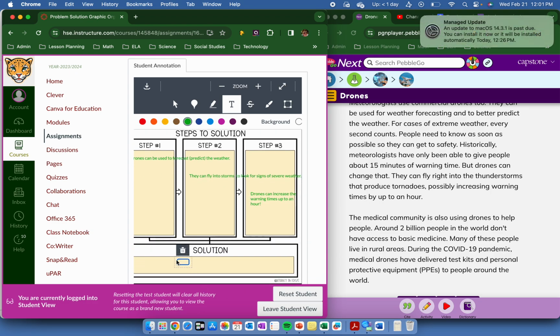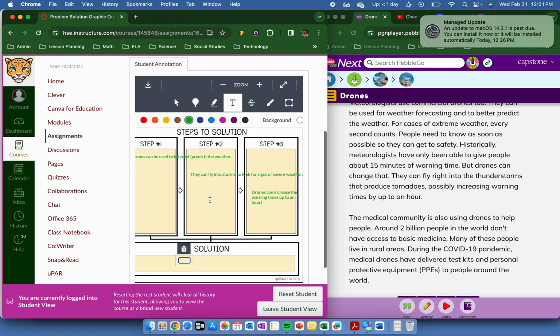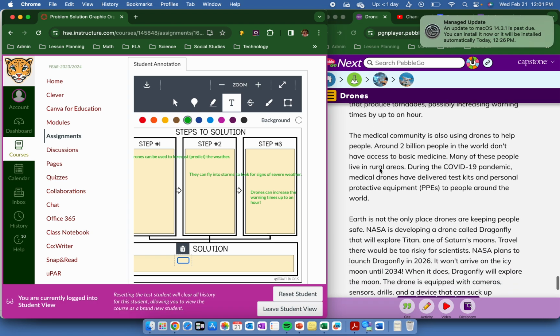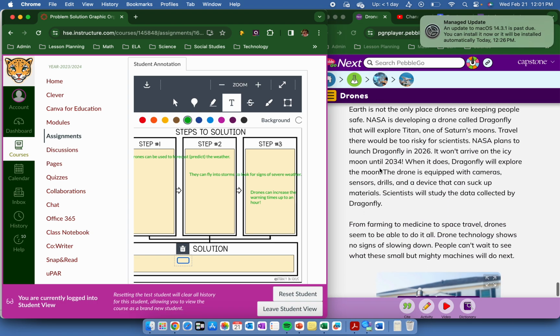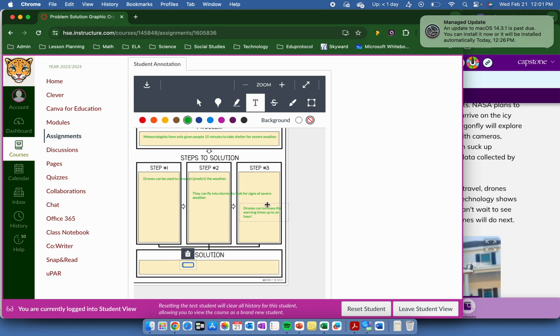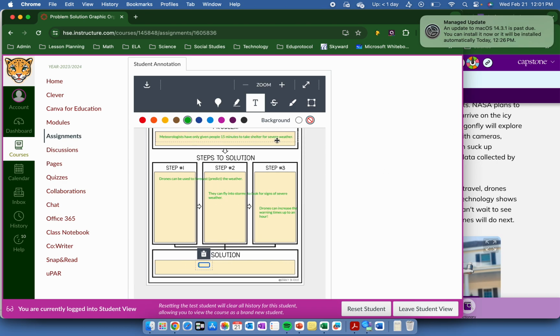So then the solution, I'm going to put right here. Now, it might not say exactly that. I had to figure some of that wording out myself. It tells you all of those same things. I'm going to look down here. Drone technology shows no signs of slowing down. People can't wait to see what these small but mighty machines will do next. So the solution here was meteorologists have only given people 15 minutes to take shelter for severe weather. Well, right here, the solution,